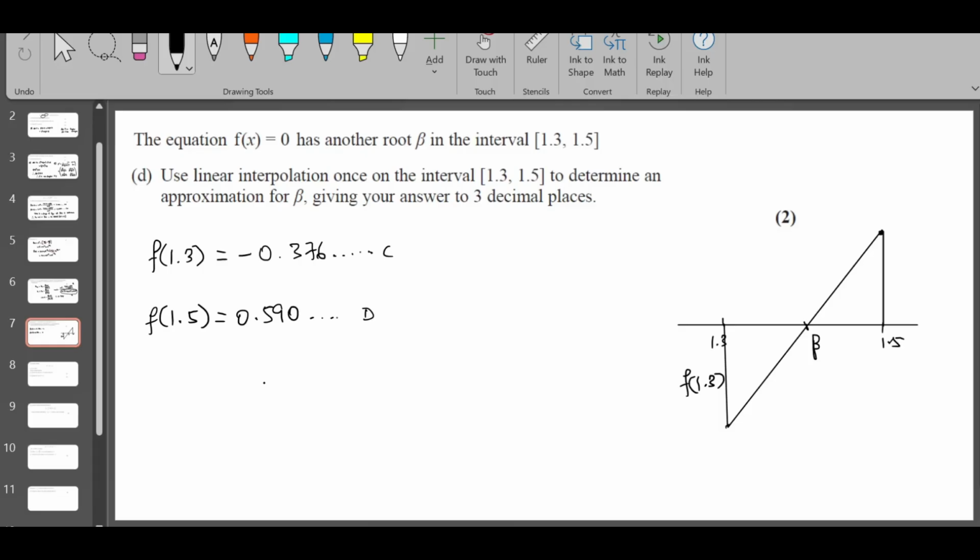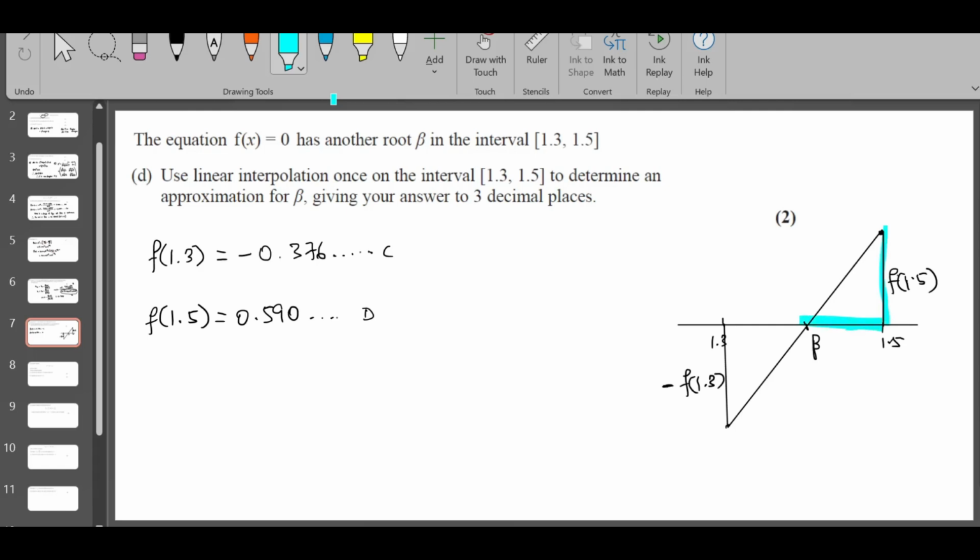This length is basically a negative number. So when it comes to length, you need to put another negative sign. This is minus this. This length is a positive number, so you don't need to put a minus. F of 1.5. And we are going to apply linear interpolation. It's like similar triangles, you know. So this length